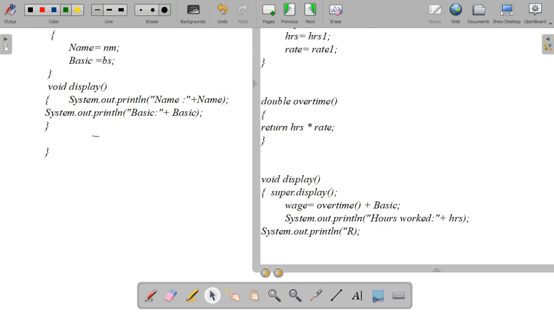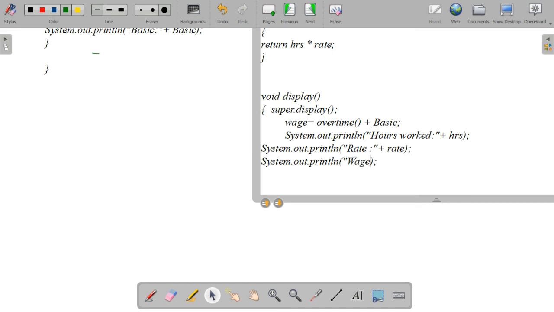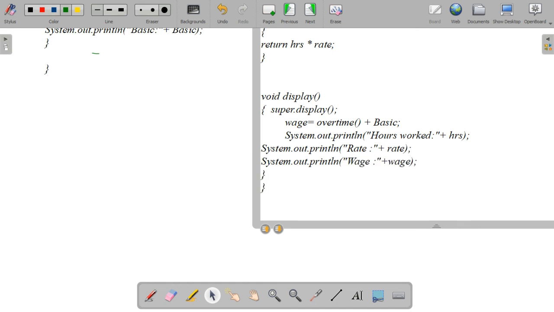Then bonus also we need, not bonus, rate, semicolon plus rate we are accessing. The next one, wage plus wage. So these are the things we are accessing here.